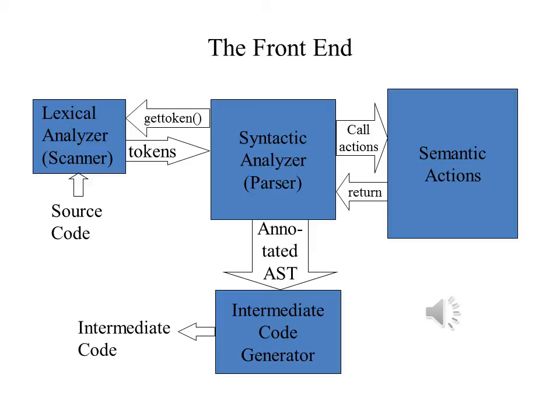It is important to keep in mind that semantic analysis is not performed by one monolithic module of the compiler, but by separate semantic actions that get called when the parser determines that it is necessary. And lastly, as it is necessary, the parser will have the intermediate code generator create all or parts of the